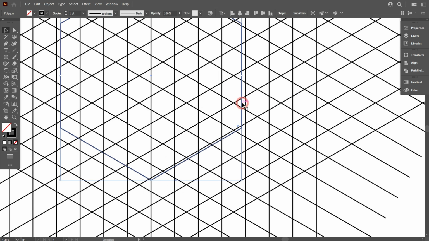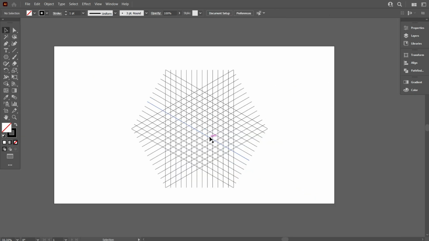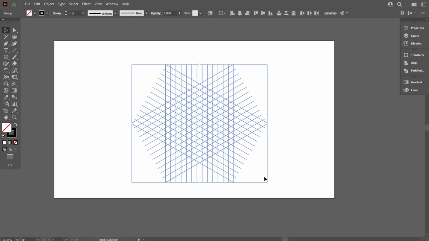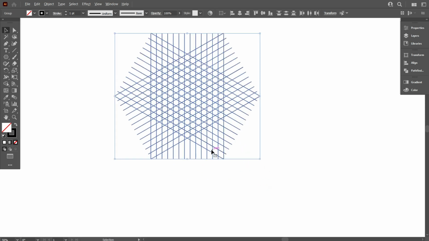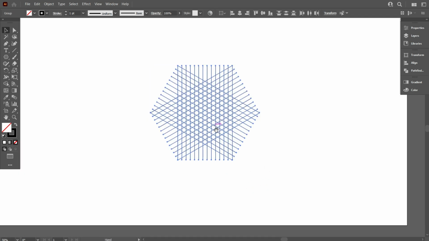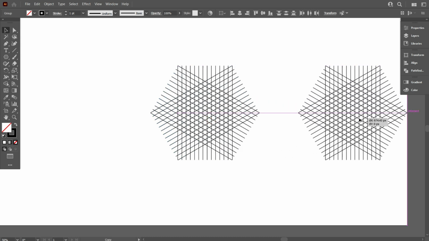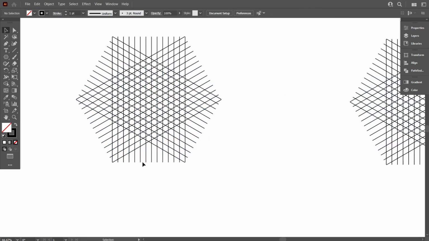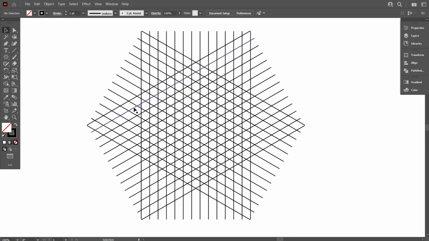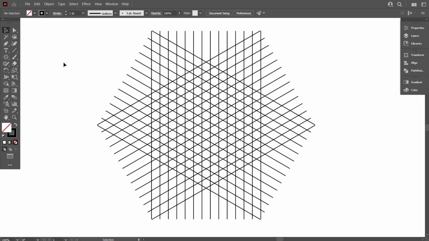Now delete the little polygon. You don't need the polygon if you know the angle size of the polygon. I copied the lines for my next design. Okay, that's good. Now select everything,